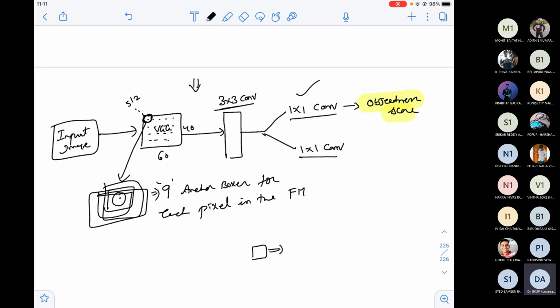Whether it is a car or bus or horse doesn't matter. For example, if it says 0.9, that means some object exists, though I'm not sure what the object is. Otherwise, if the probability is 0.1, it is an indication that no object exists in that box. Then it may be a part of the background.